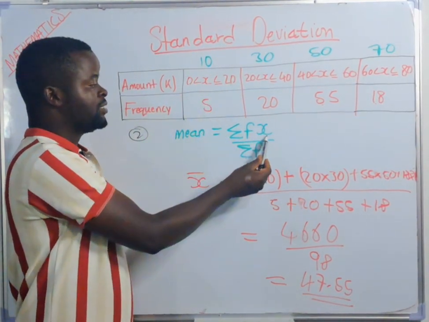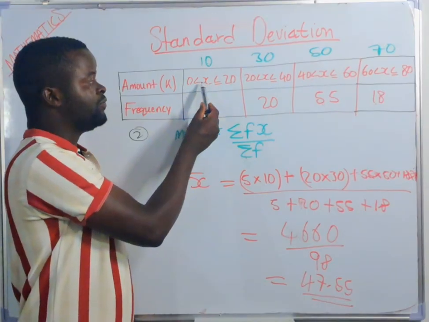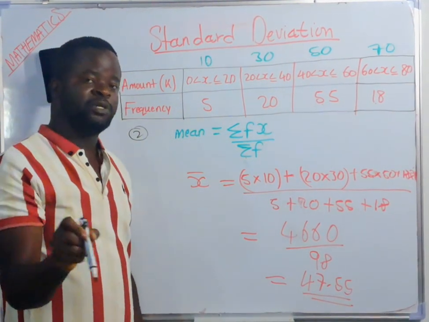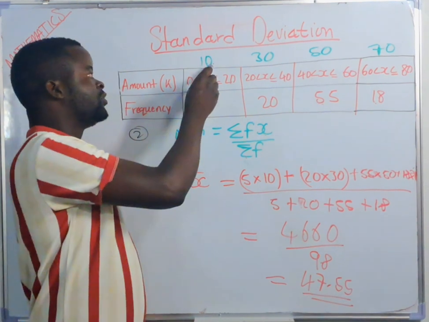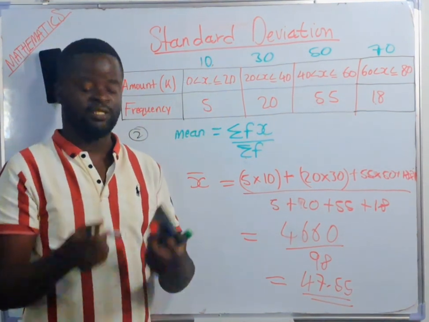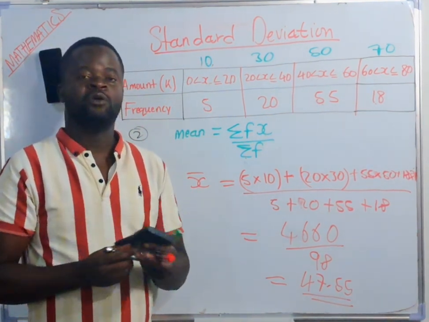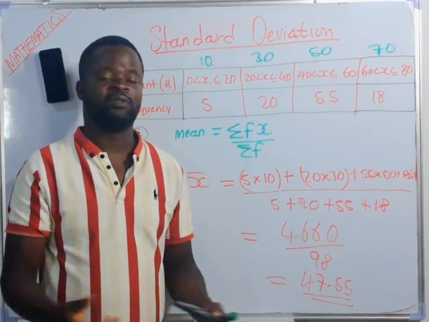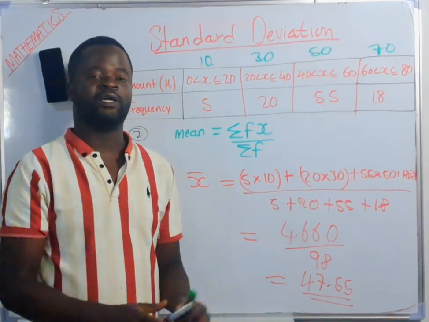Because x represents the mean value, the mean value in this case is 0 plus 20, you get the answer 20, then you divide it by 2, you get 10. This is how you need to find the mean values. Otherwise, for now, we are going to end the first part of the video, then we are going to continue with the second part where we are going to find the exact